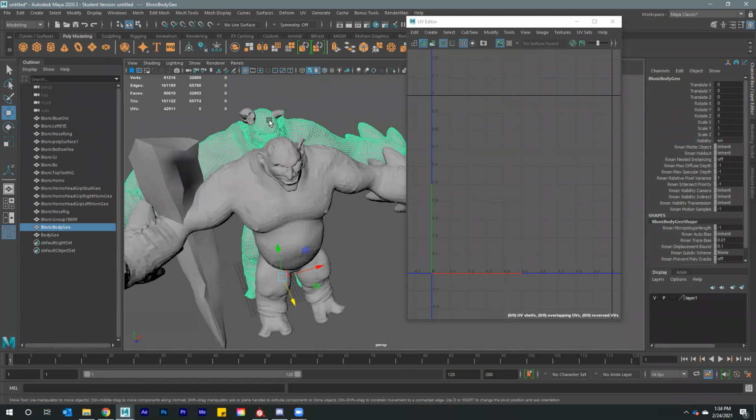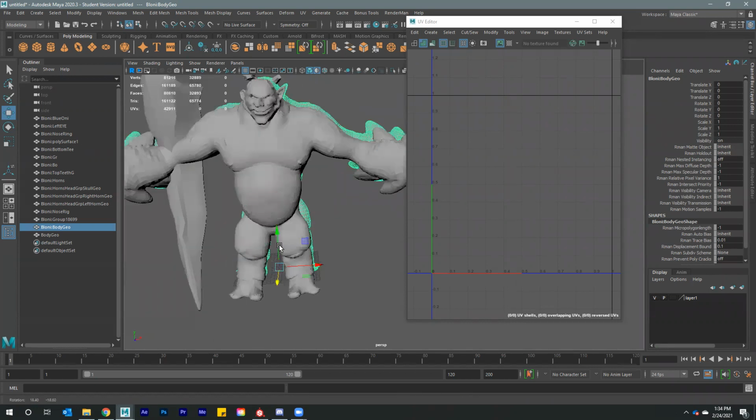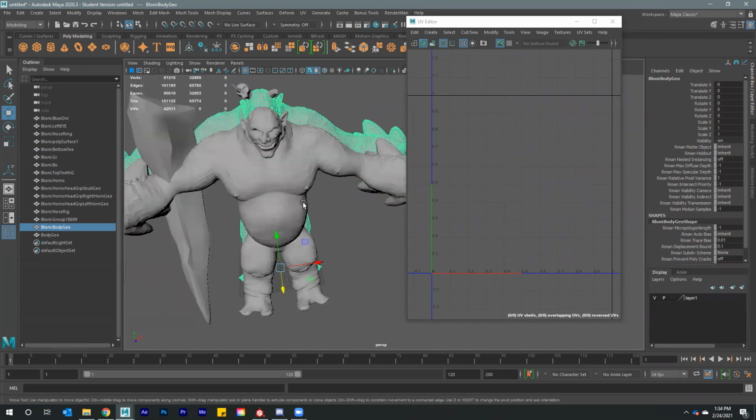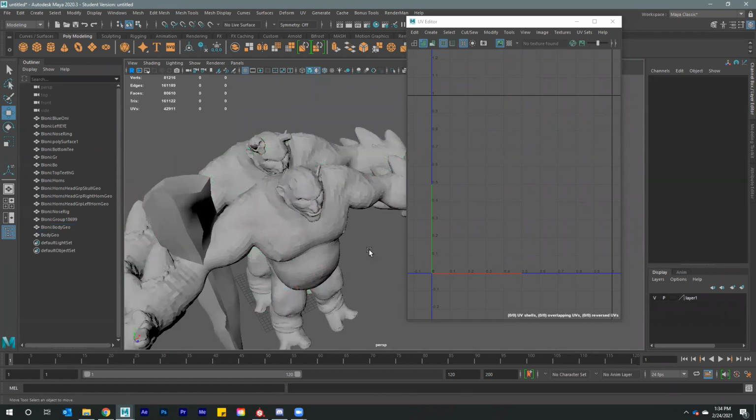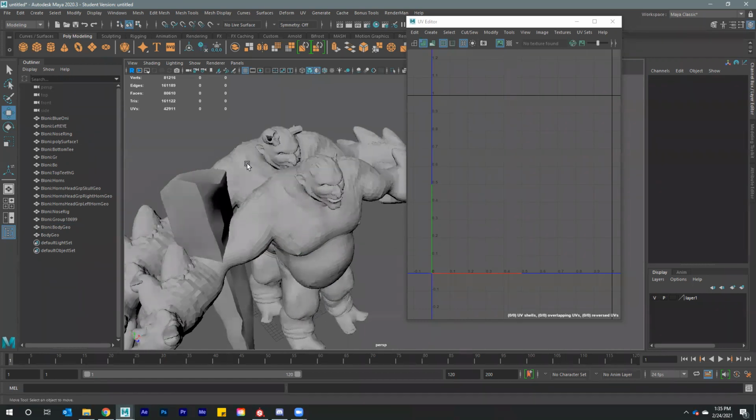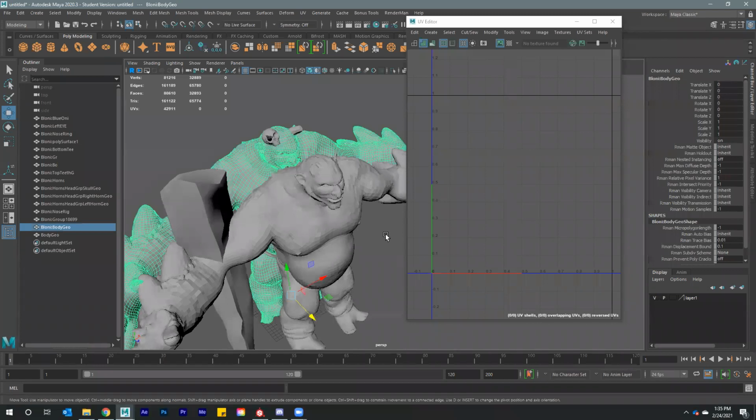You would do all your texturing and everything, and it would look great just standing in a regular T pose like this is. But once you start to move it, the texture is not going to stay with the character. Just the way that history is built up on that character, it's not going to work. So what we need to do is to basically have an intermediary that we're going to be using to hold the UVs,